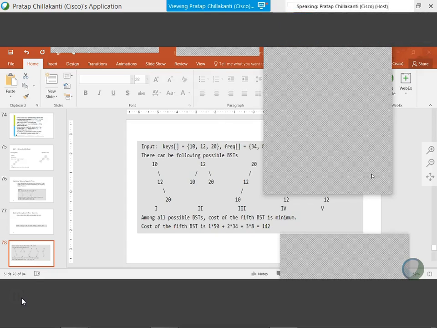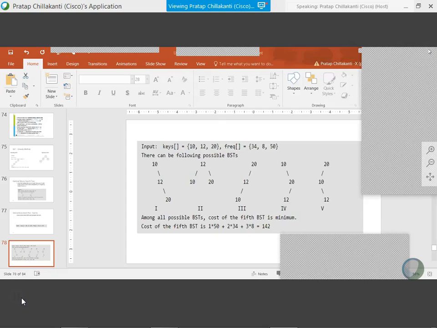So we said we will not place the lowest frequency item at the root, but instead we'll place the highest frequency item at the root. Okay? All other colleges, people who were shy, you got the answer, right? Very likely, looking at the picture, I'm just making some observations out of the pictures there. You have 5 trees.